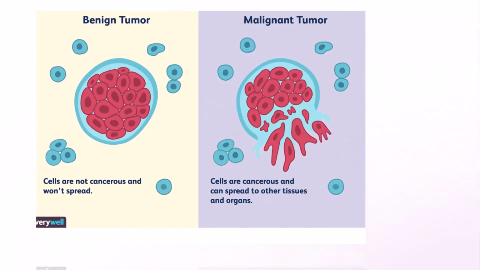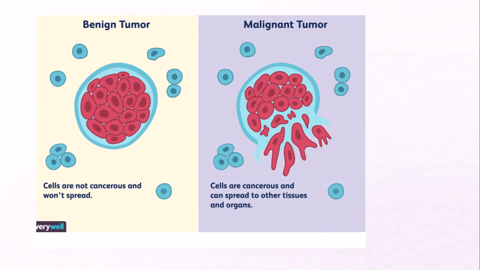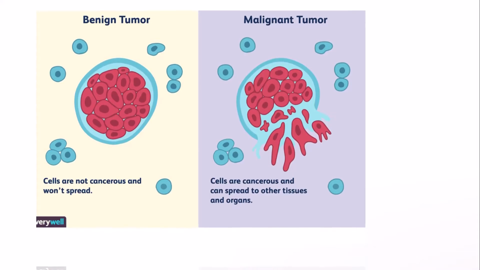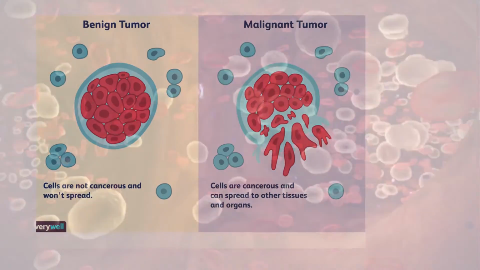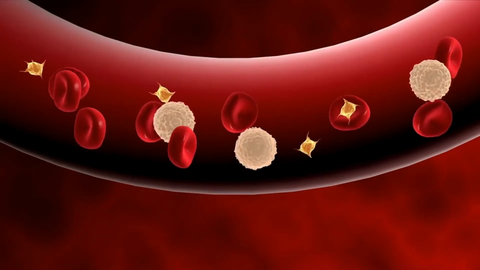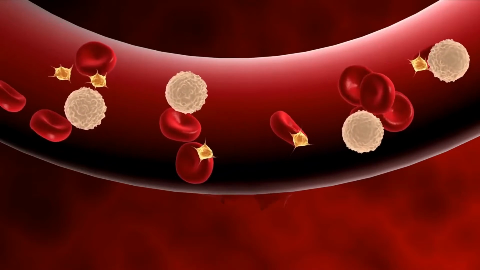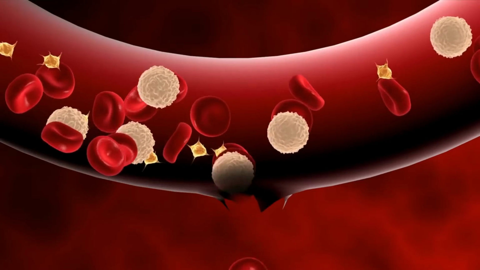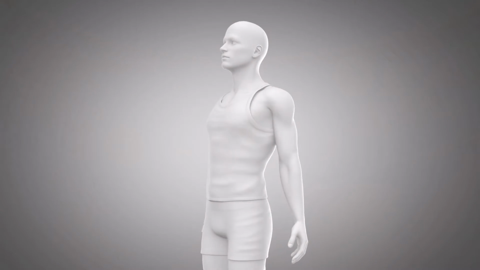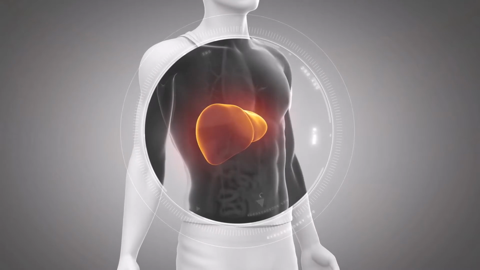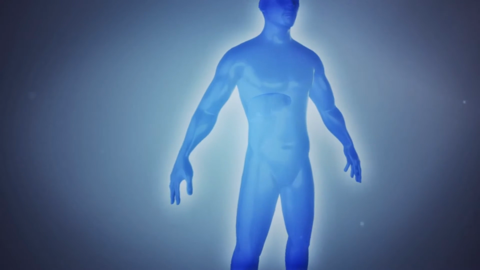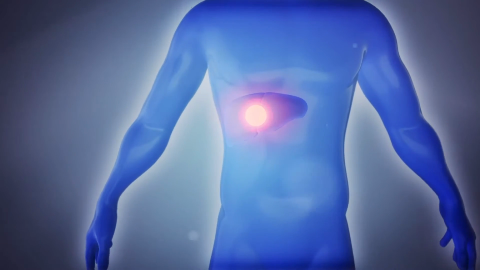On the other hand, a malignant tumor is one that has the potential to spread into neighboring tissues and even into other parts of the body, forming new tumors. A person with a malignant tumor is said to have cancer. The spread of cancer cells beyond their original site is called metastasis. The cells are said to metastasize. Cancers are named according to where they originate. Liver cancer, for example, always begins in liver tissue, even though they may metastasize and form tumors in other areas.